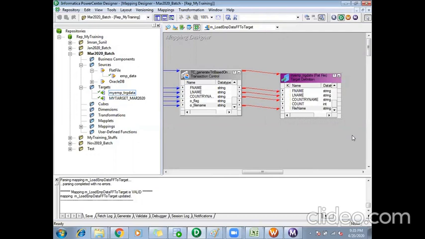You know what commit does, right? So assume you are inserting some 10 million records into a table. You ensure that for every 10,000 records, you run a commit. What will commit do? It will commit those records. Once the commit query is run, those records will be committed to the table.